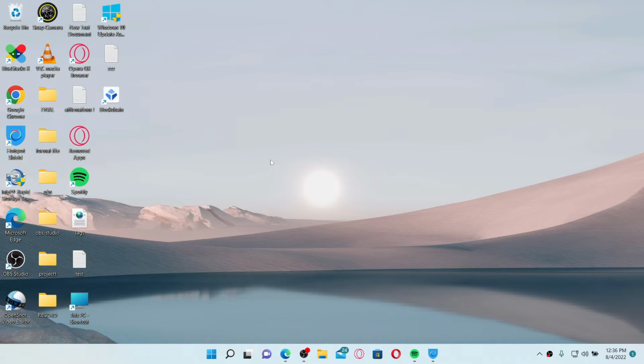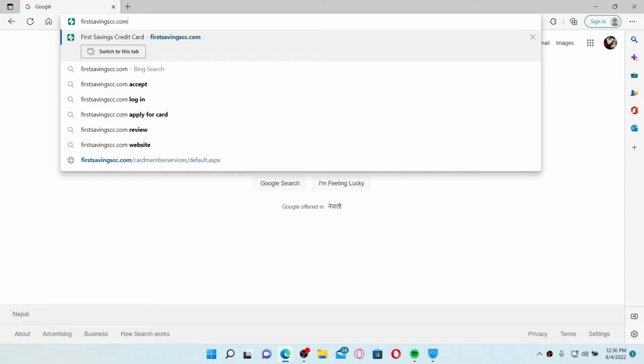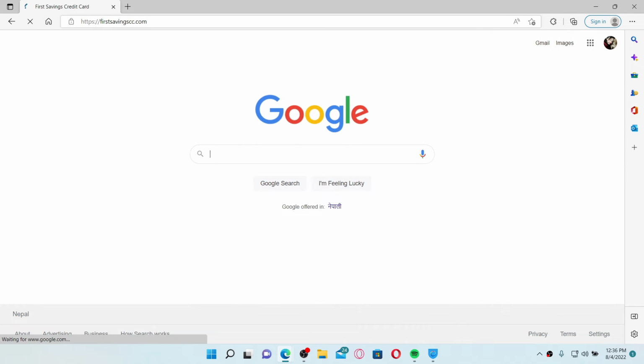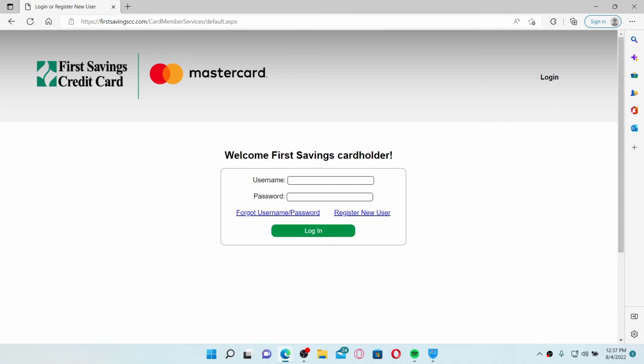To log into your First Savings Credit Card account, open up a web browser of your choice. Go to the URL box at the top and type in firstsavingscc.com and press enter on your keyboard. This will take you to the official site of First Savings Credit Card. Click on the account login button at the top right in orange and enter your username followed by your password